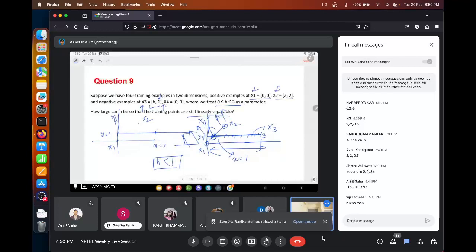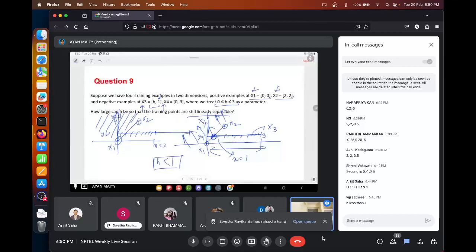Then x3 can be anywhere on this straight line. The value of h can be from 0 to 3, it is already given. These 2 points are positive points, x4 and x3 are negative points. If we join these 2 positive points x1 and x2, x3 can be anywhere in this region,